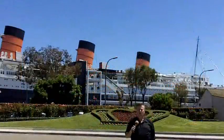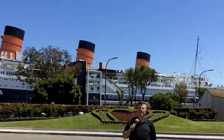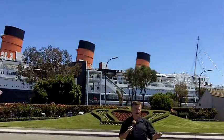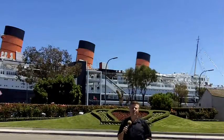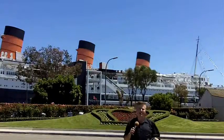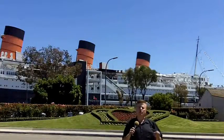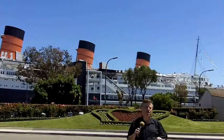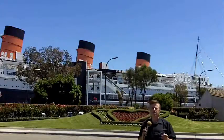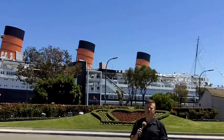And it is difficult for those of us today to understand a time when there was this much luxury, when people traveled in first, second, and third class, and on some ships in fourth and fifth class. It's a magnificent vessel that is also a hotel and a series of restaurants and meeting rooms, just about anything you want, including a magnificent history lesson